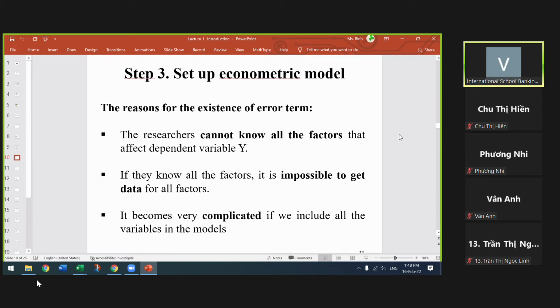The first reason is that the researchers cannot know all the factors that affect the dependent variable. You cannot name those factors. For example,